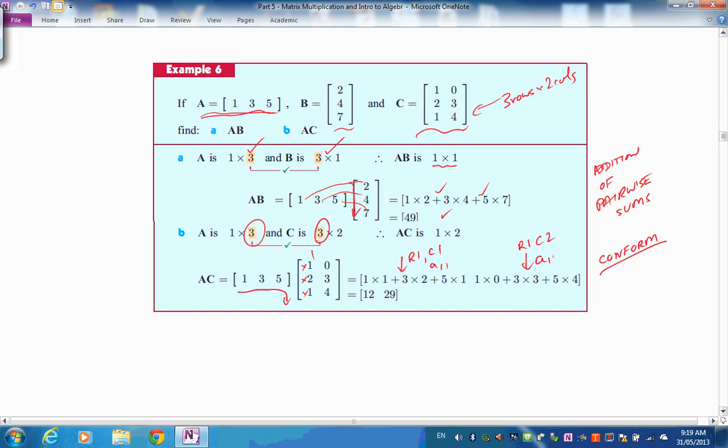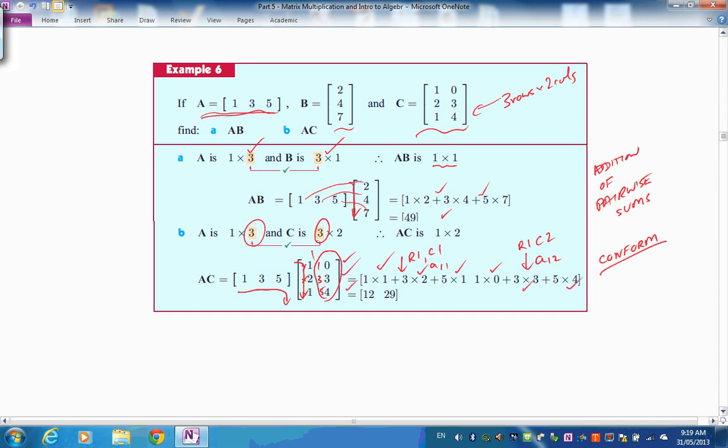We call that entry 1, 2. So as it goes down there, how does it mate up? Well, let's have a look. The 1 would be there, the 3 would be there, and the 5 would be there. So it's 1 by 1 plus 3 by 2 plus 5 by 1. And then you can see in the second column, 1 by 0, there it is, 3 by 3, yep, and